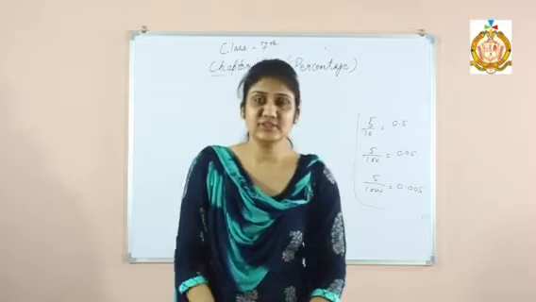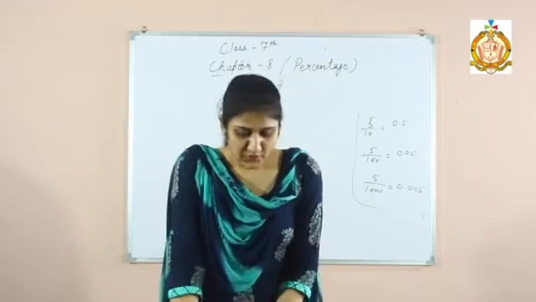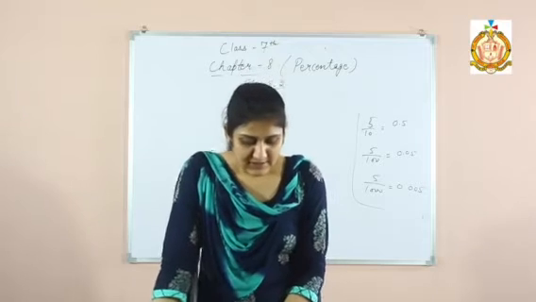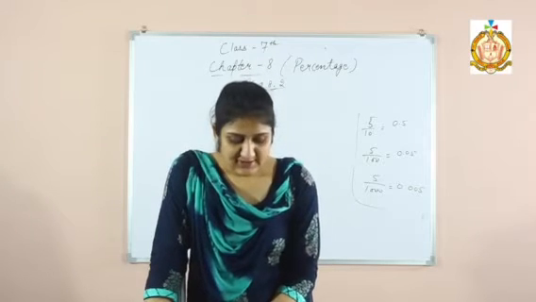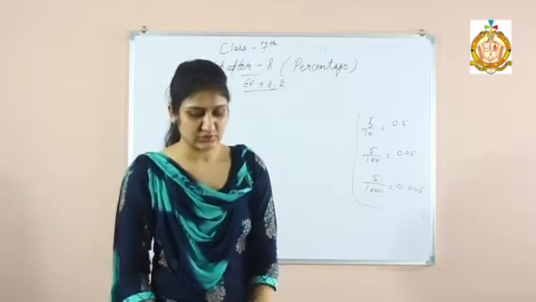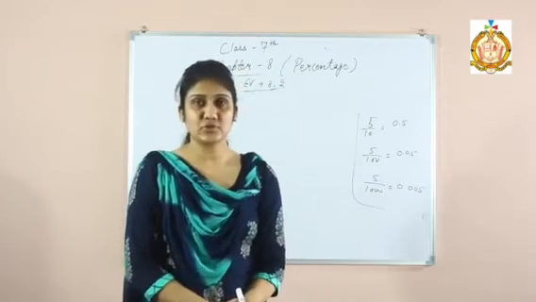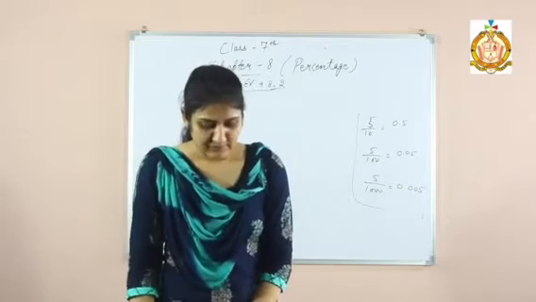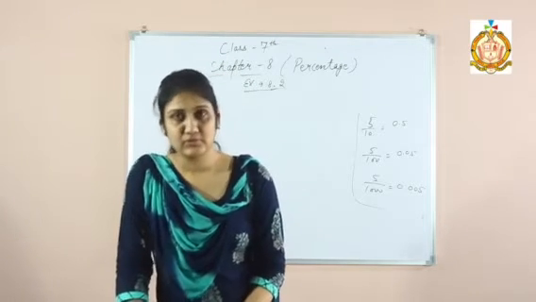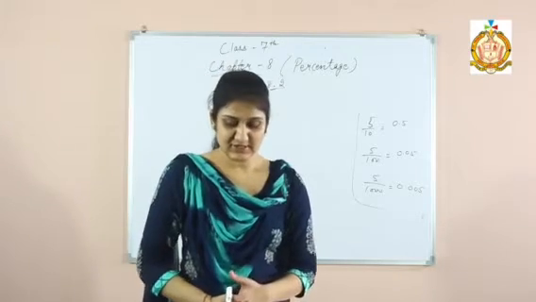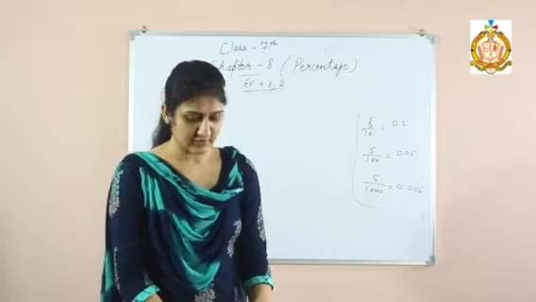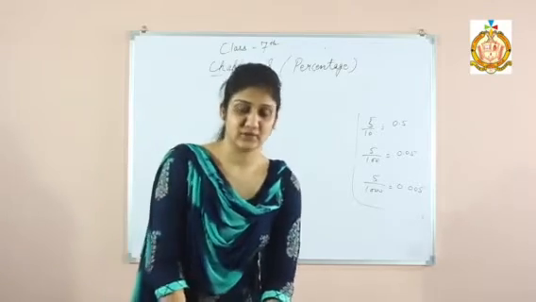In the seventh sum, this is a statement sum, problem sum. You have to understand the statement very carefully first and then solve the sum. It is given that Sohan deposits rupees 1800 per month in his saving bank account. So the savings of Sohan is 1800 rupees, and it is 20% of the monthly income. So what he is saving is the 20% of his monthly income. So we have to find what is his monthly income.